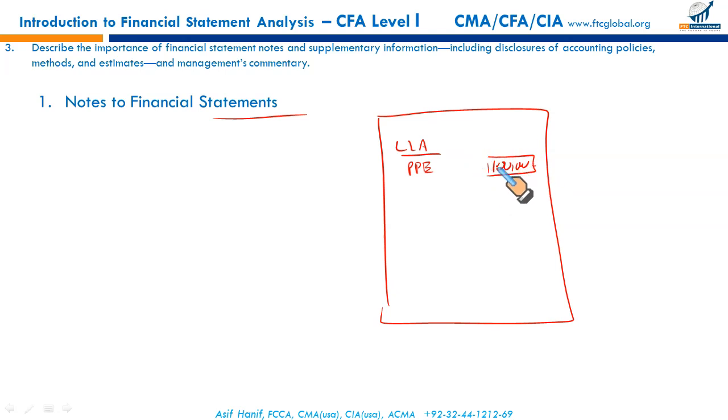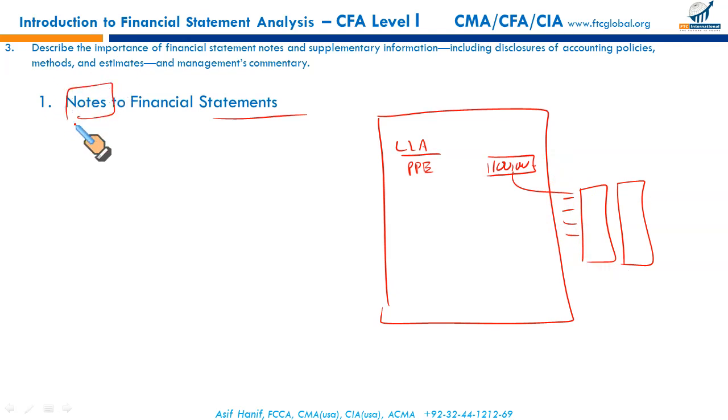Now, this is a single amount. I want to see the breakup. I want to see what actually constitutes property, plant and equipment. I want to see the composition. I want to see the accumulated depreciation charge so far, the net book value of the component assets in property, plant and equipment. For this,